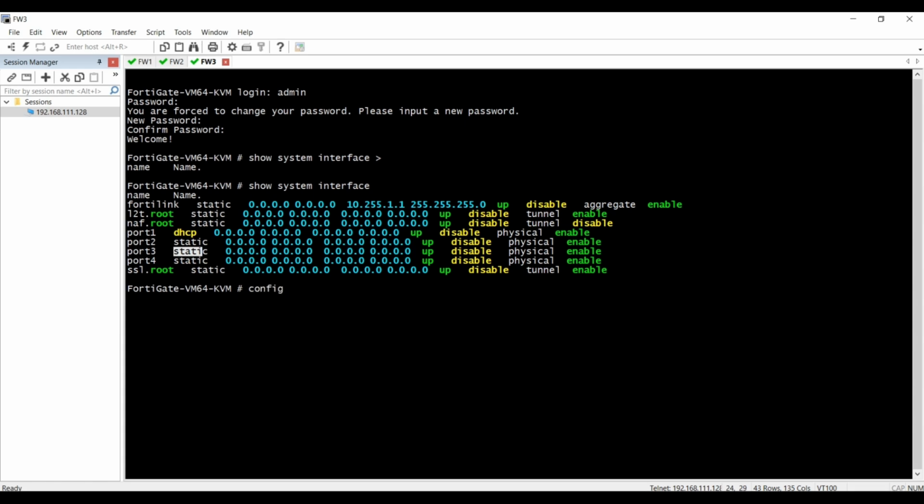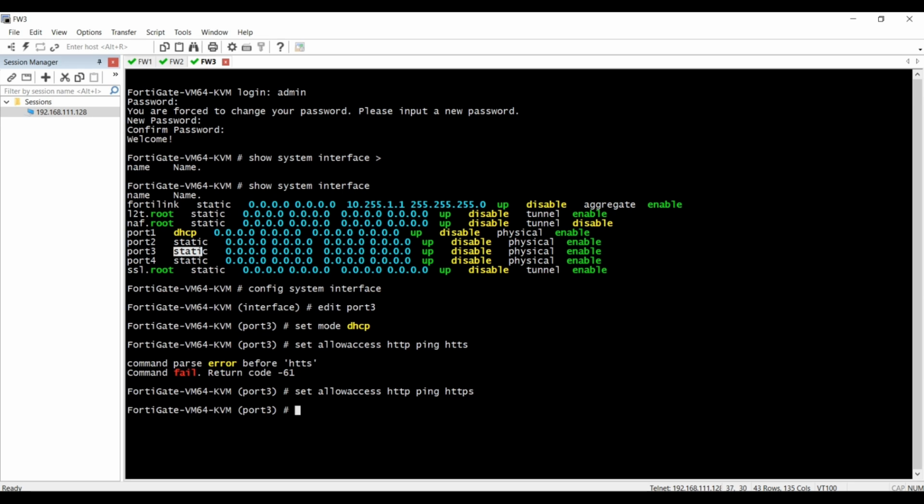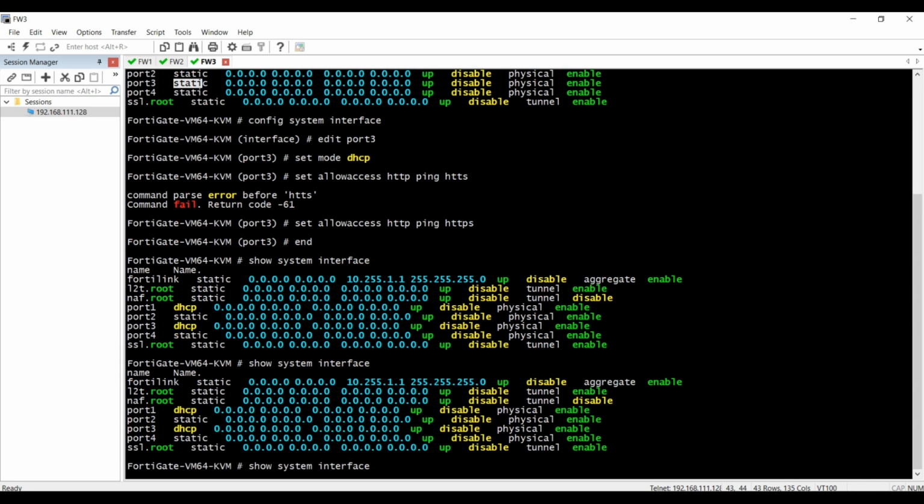So config system interface, hit enter, edit port 3, hit enter, set mode to DHCP, hit enter, set allow access HTTP, ping, HTTPS, hit enter and end. That's it. So system interface question mark, you will get the IP